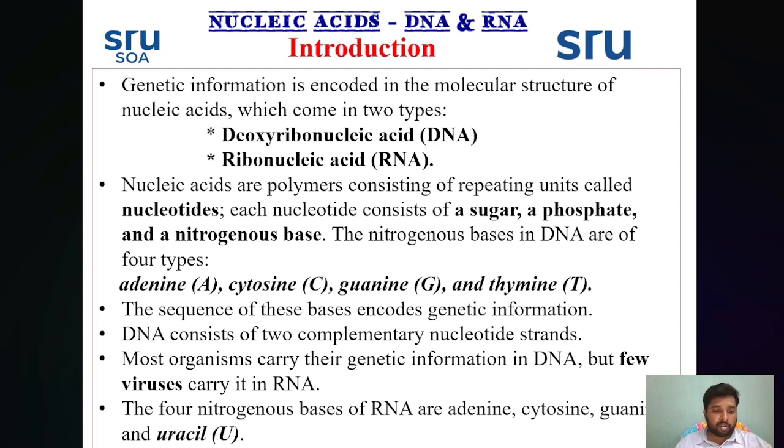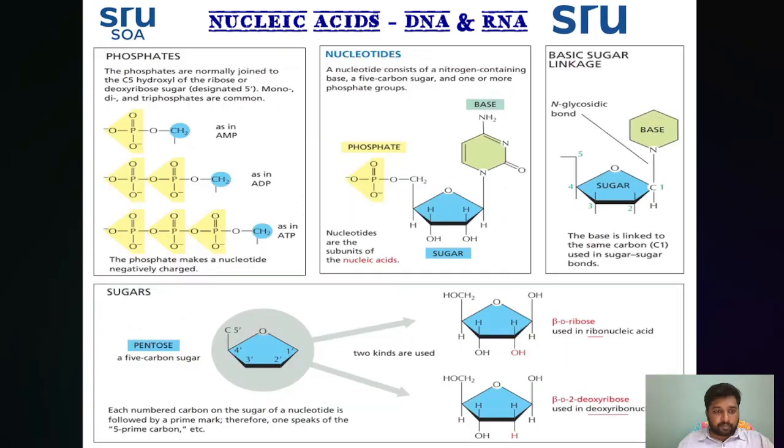These nucleic acids are composed of long strands of nucleotides, which consist of a nitrogenous base, a 5-carbon sugar, and a phosphate group. So coming to the nitrogenous bases and also nucleotide and the phosphate group and sugar molecule structures. So coming to this slide, here the nucleic acids are made of elementary building blocks called nucleotides. Each nucleotide has three components: a sugar molecule, a phosphate molecule which has acidic chemical properties,